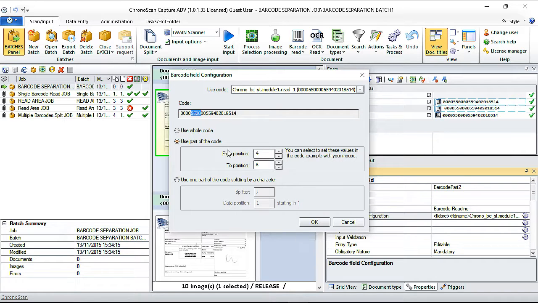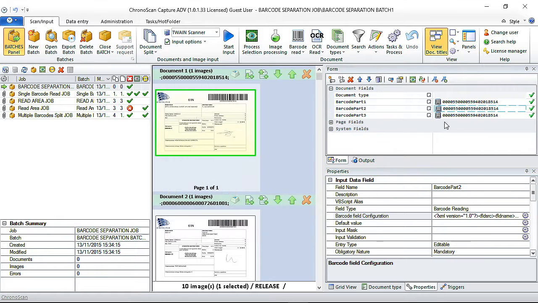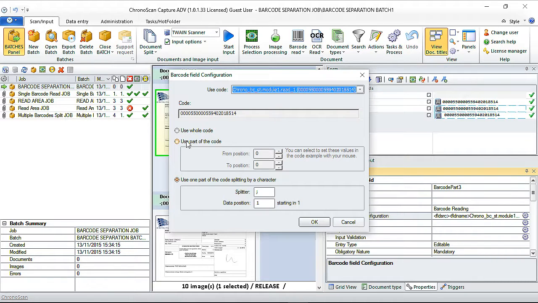You can see here 4 to 8. We just click OK. And now on the last one, I want the rest of the barcodes. I will just click again on the barcode fields configuration, the gear icon, use part of the code, and I will select the rest of the barcode. You can see here 8 till the last character. We click on here,